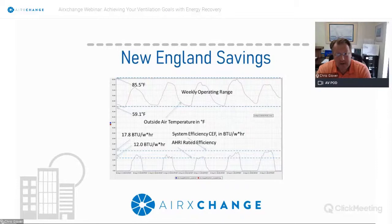And what the graph is monitoring is the amount of work the unit is doing compared to the power consumed, which results in a metric that's BTU per watt hour. For those who aren't aware, BTU per watt hour is the rate used to rate the efficiency of rooftop DX equipment. It's also the unit for what people call EER, which is how they rate the HRI ratings for rooftop